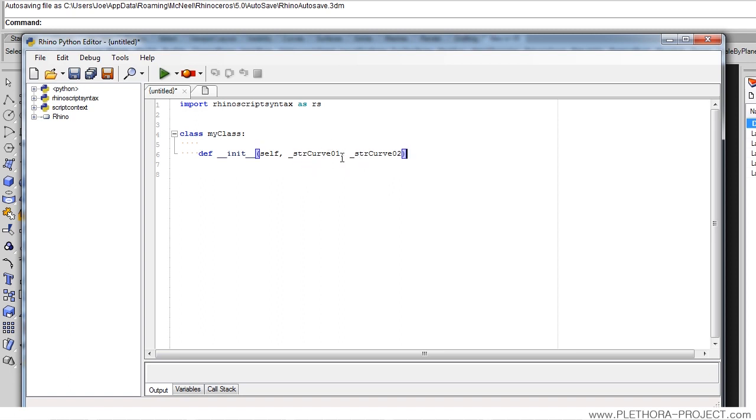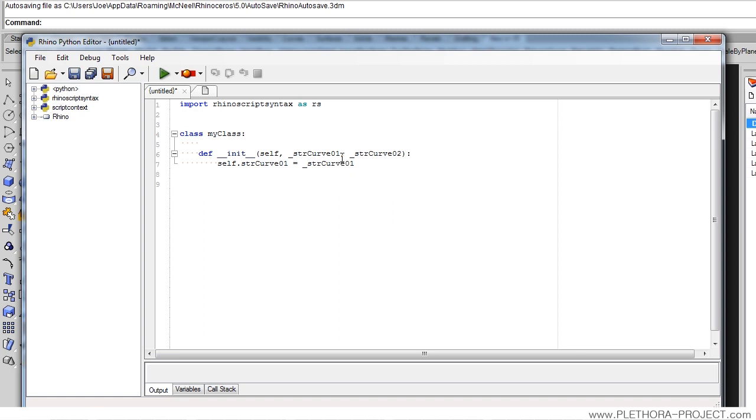So let's close that and add a colon, and then we're going to specify self dot str curve 1 equals underscore str curve